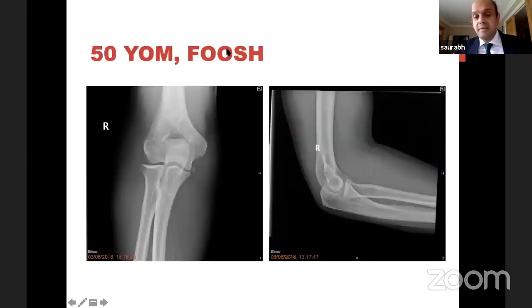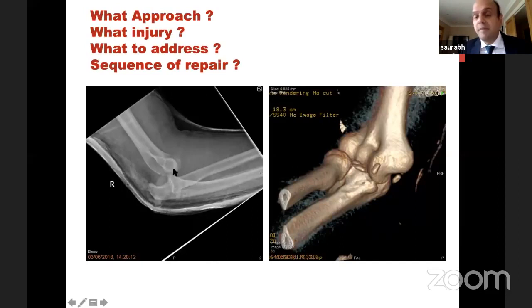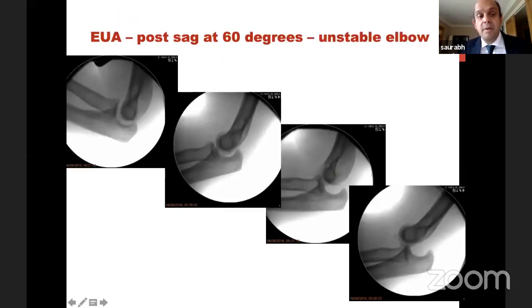What I'm trying to say here is, if you go back, this elbow may pass as almost a normal elbow, managed in plaster. Obviously, even if you had managed in plaster, you would have an answer in a week when the patient comes back. But remember when I did an EUA, you can see this is a congruous elbow. The elbow is at 90 degrees. As I come to 70-ish, the elbow is already sagging. This distance has increased. When I come to 60, see now it's perched, the elbow is tending to go back. And as I come to 30, 40 degrees, it's completely out. So as I said, at 70 degrees, 60 degrees, if you see this sagging, the posterior sag test is positive, you know you need to do something about this elbow.